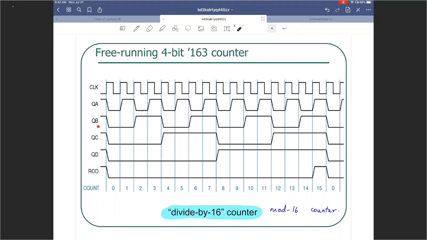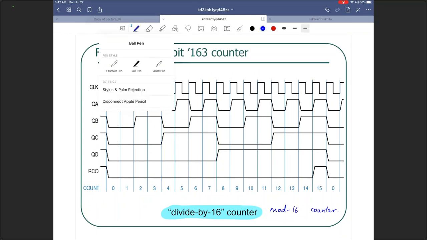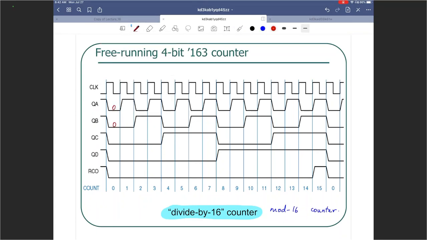QB is the next most significant output, so that toggles every 2 positive edges, every 4 positive edges, every 8 positive edges of the clock. So QA, QB, QC, QD. Now if you take a look at 0, 0, 0, 0, then you have 1, 0, 0, 0. So that's 1, and that's 2, and so on, and it'll go all the way to 1, 1, 1, 1,